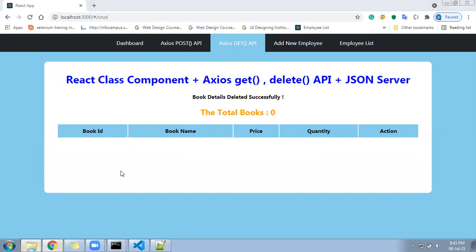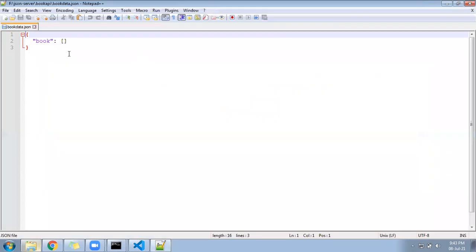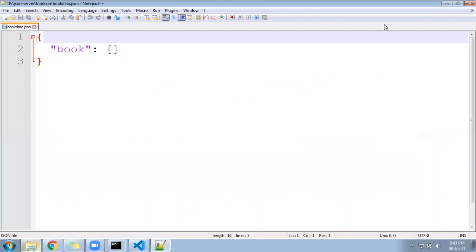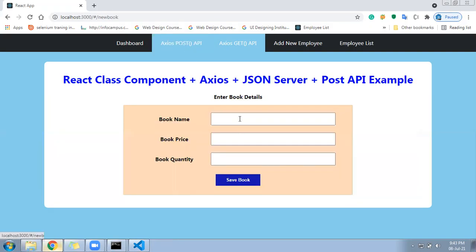Let me show you the page. Which page? The book data.json file, whether really it's gone from there. 100%. Everything is gone from here. You can see the book.json file is an empty array. Right? Let me close it and come back to my page again. Go here and I'll try to post some data again. HTML and then 200 rupees and quantity 1 and save it.